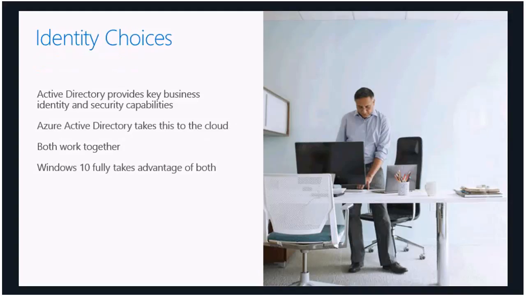So then the big piece becomes identity management. And passwords just aren't good enough anymore. So how do we do it? We want to offer things like Azure Active Directory and its native integration into Windows 10 for doing things like multi-factor authentication, allowing users to use more than just a password for authenticating to their device. Using Phone Factor, which Microsoft bought years ago now, using the phone as an RSA token or as an extra authentication tool. Or, with Windows 10 now, doing facial recognition using an onboard camera for login.